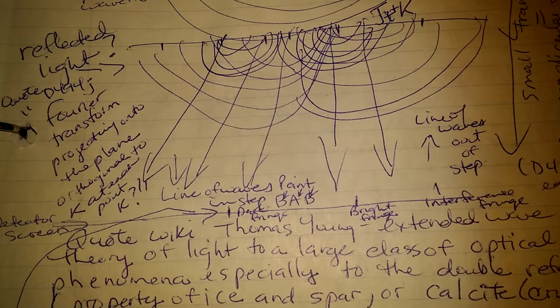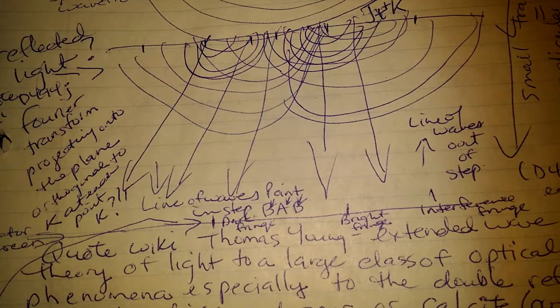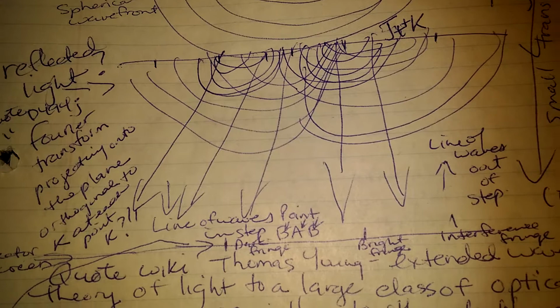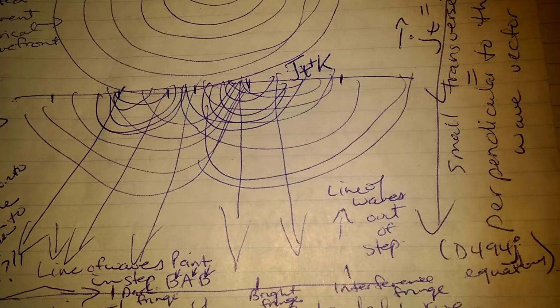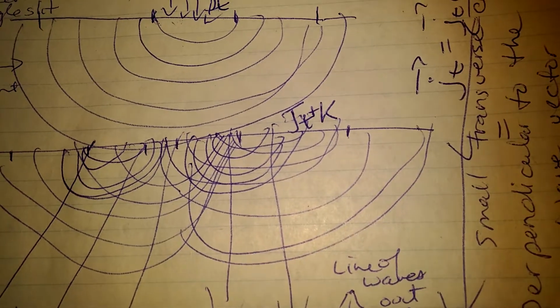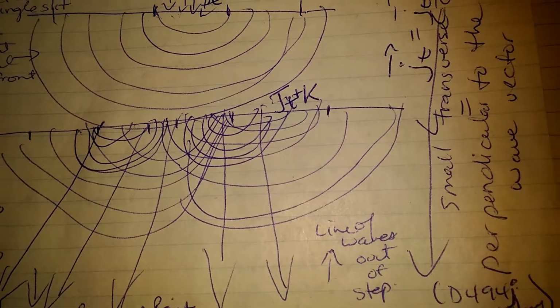Lines of waves point in step, BAB. And lines of wave out of step. It's got JT plus K. So that's